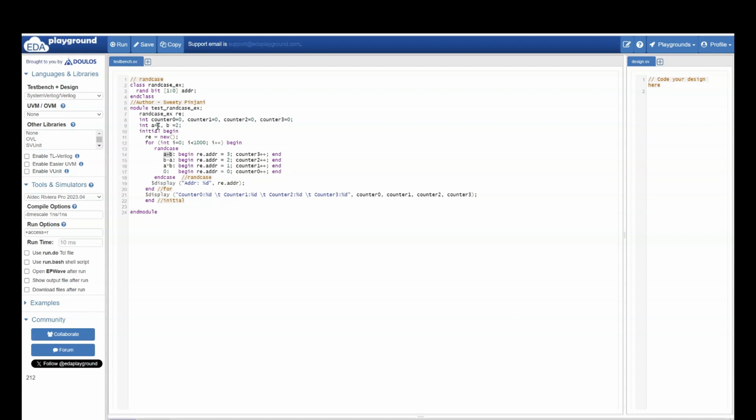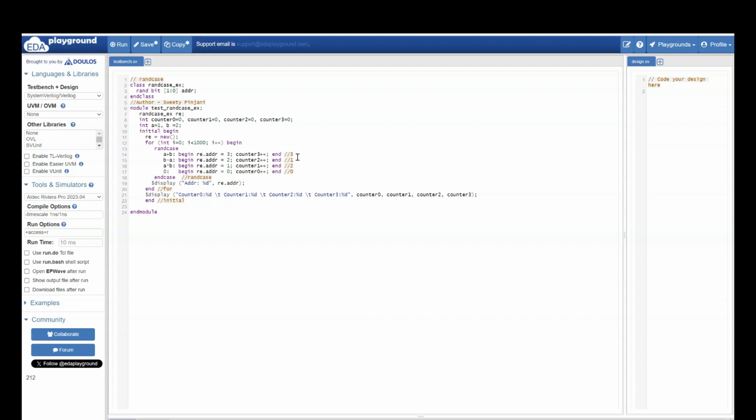What will be a plus b? A is 1, b is 2. A plus b will be 3. So here you are actually giving weight of 3. Here I have said weight should be b minus a. What is b? 2. Minus a is 1. 2 minus 1 is 1. So here your weight will be 1. Here I have said a into b. A into b is 1 into 2, which is 2. And this one I have kept as 0. So here it is 0.